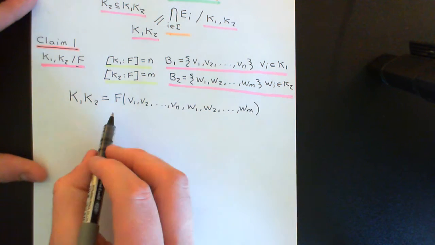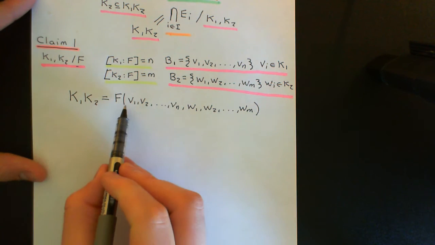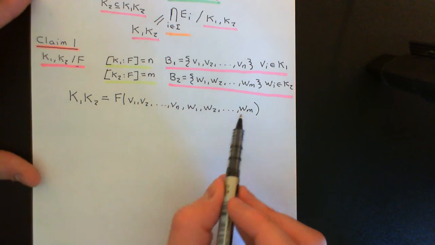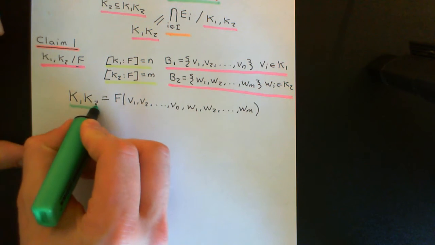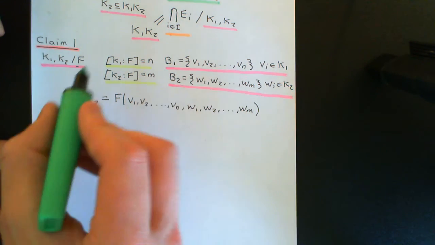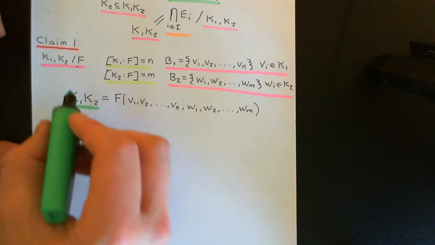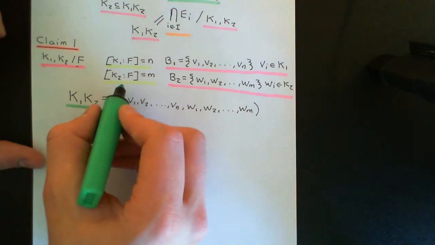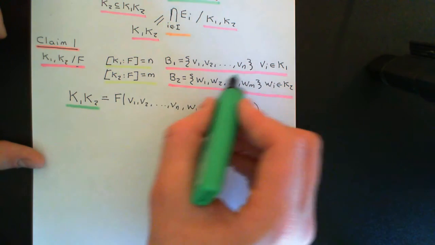Like so. So remember, this is going to be the smallest field extension of F that completely contains all of these elements. Okay, so you can hopefully appreciate that that might be a useful theorem to understand about composites. Okay, so my claim then is that if we can view K1 and K2 as field extensions of some field capital F, and they're finite field extensions of this initial field capital F, then we can form these basis vectors,